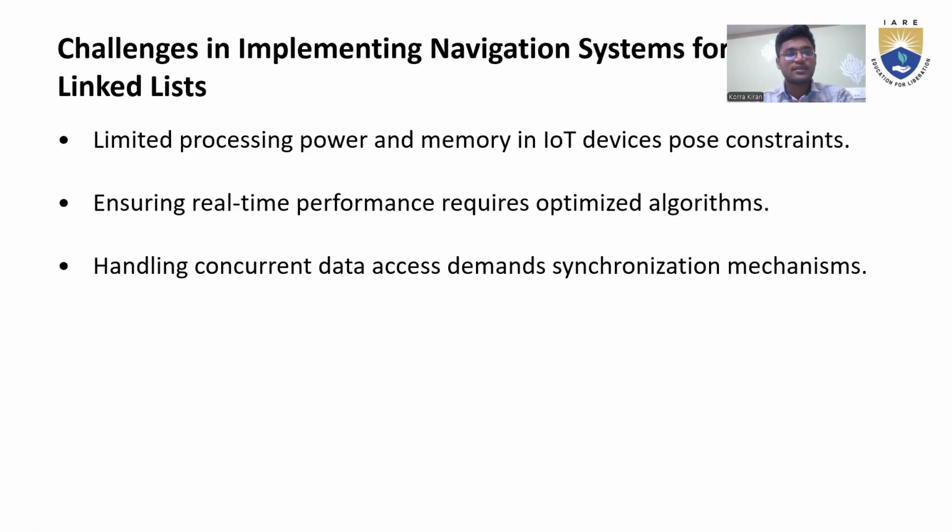And challenges in implementing a navigation system for circular linked list. What are the challenges we can see in linked list? Limited processing power and memory in IoT devices pose constraints. Constraints means nothing but the memory in IoT devices which poses limitations. And ensuring real-time performance requires optimized algorithms. Here the optimized algorithm is a step-by-step process for real-time performance. We can see it through the coding. And handling concurrent data access demands